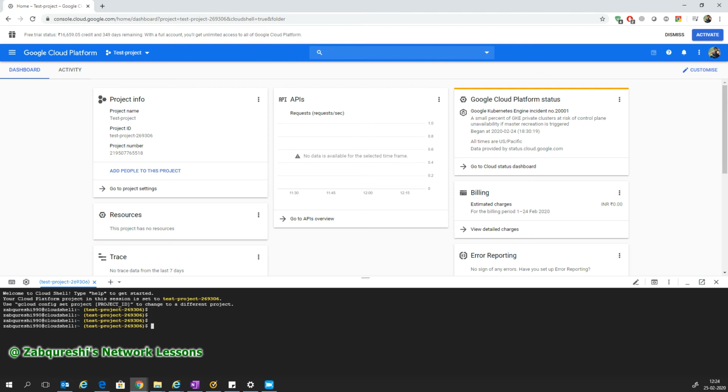So let's see if I can. The command is gcloud, then compute, then images, then we have to create. This is the name of the EVE-NG image. You can name it anything. EVE-NG test. Okay, then --source-image-project=ubuntu-os-cloud,